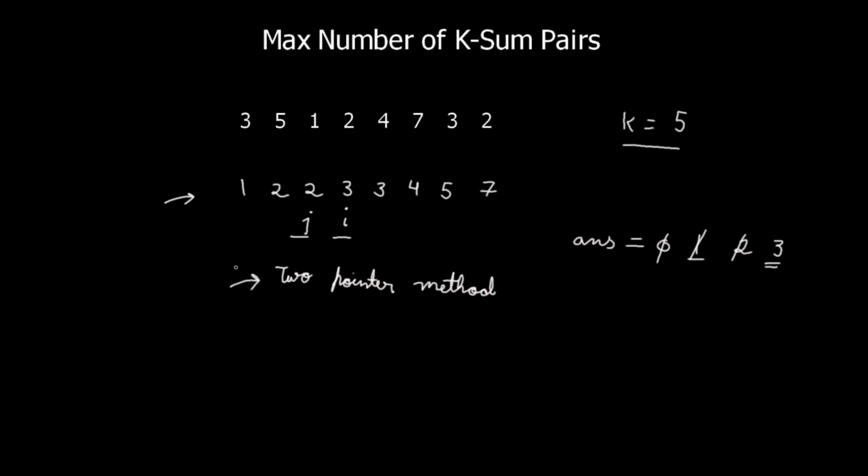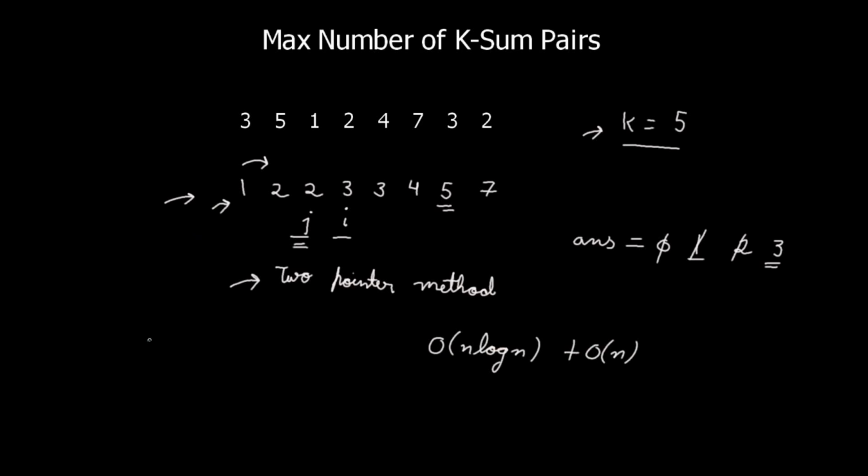In this method we sort the given array. We maintain two pointers i and j, one points to the starting location and another to the end, and if the sum of the values is greater than the required number, then we decrease the value of j. As the array is already sorted, we know that now the sum will be smaller, and we keep doing this until the sum becomes equal to the required number, or if it becomes less than the required number, in that case we increase the value of i. The time complexity of this method is order of n log n, because we are sorting the array, plus order of n because only once we are looping over these elements.